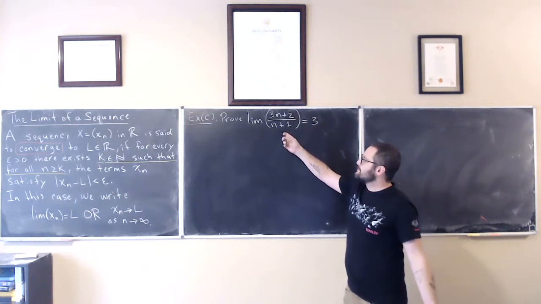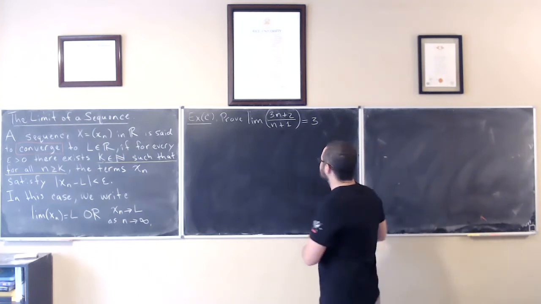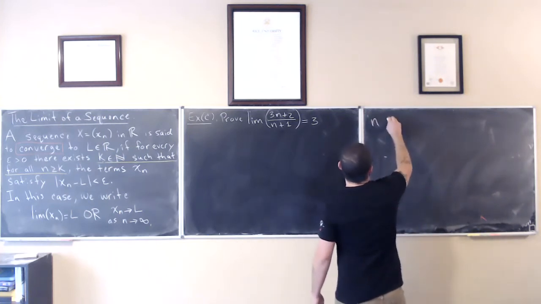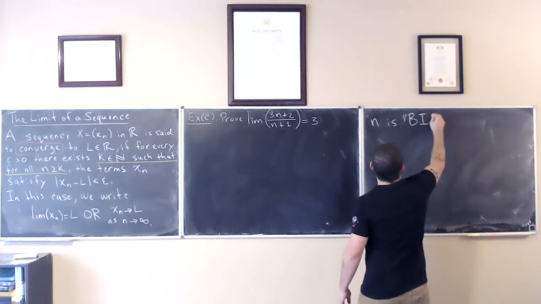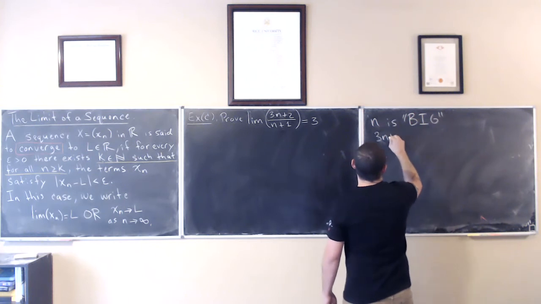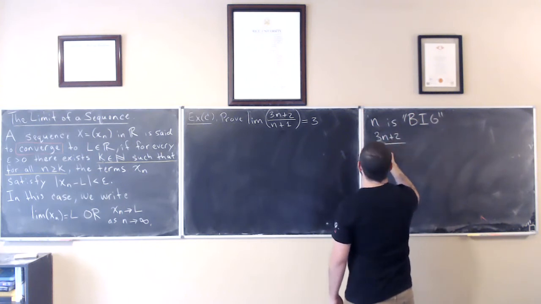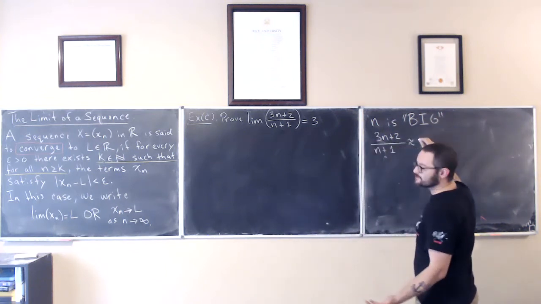No. Does that 1 matter? No, right? So if n is big, 3n plus 2 over n plus 1, that thing basically looks like